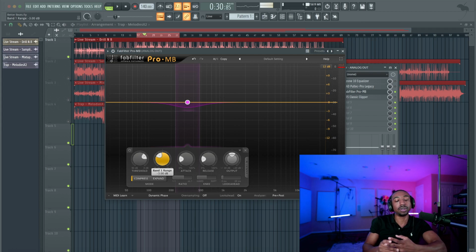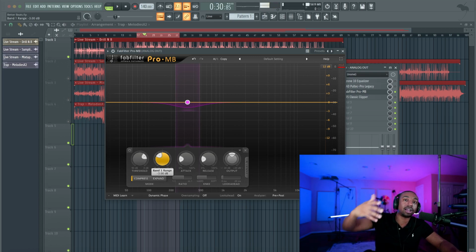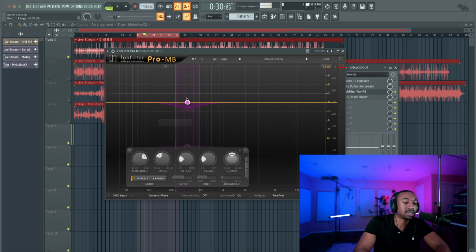The reason we focus on 3 in the audio engineering books, it tells you that every 3 dB, the volume halves. So that's why a lot of people tell you 3 dB is usually their marking point. It's because the volume keeps halving every 3 dB. So if you go down 3 dB, it's half the volume. Go down another 3, it's half. I think it's either 3 or 6. I'm forgetting the exact number. Just reference your audio engineering books. Okay, but that's the philosophy as to why people pull it out 3 dB.